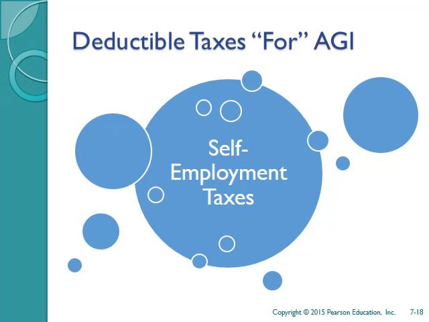Deductible taxes for AGI include self-employment taxes, and you'll see when we do some of the self-employment material why that is considered a for AGI deduction. It's basically the same idea as when business expenses are deducted on a separate schedule and then transferred back over to the 1040. They cancel out income and then the net is brought back over to the 1040. So that's the same basic idea of why self-employment taxes are